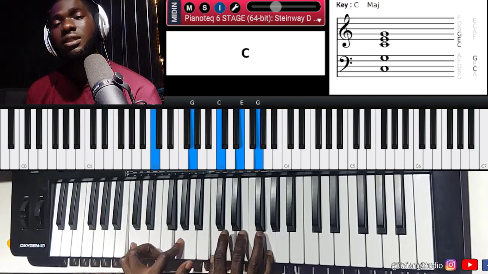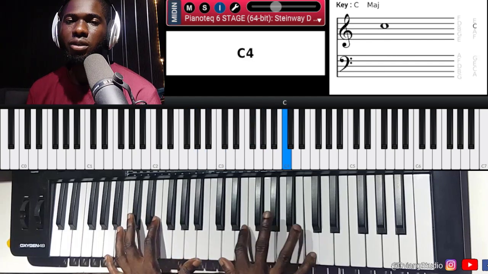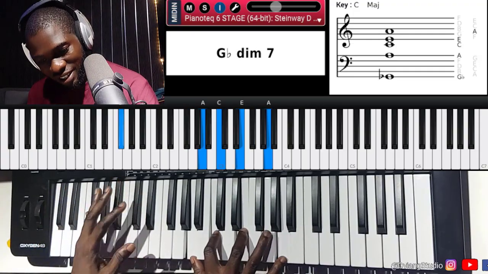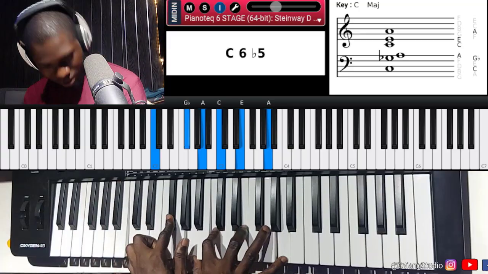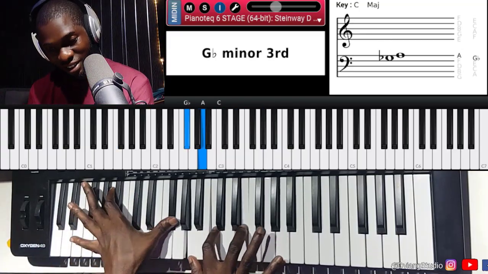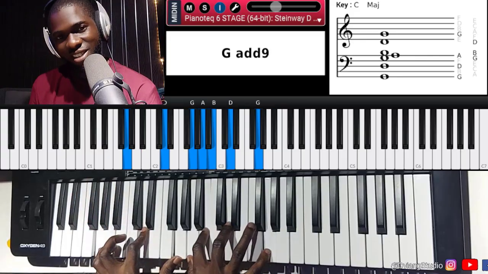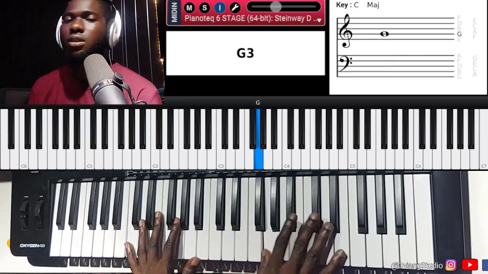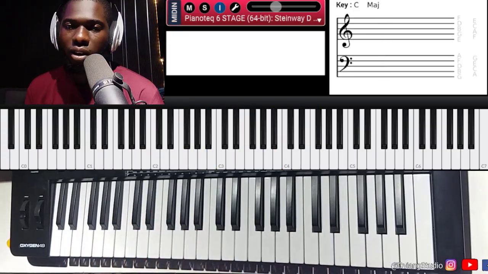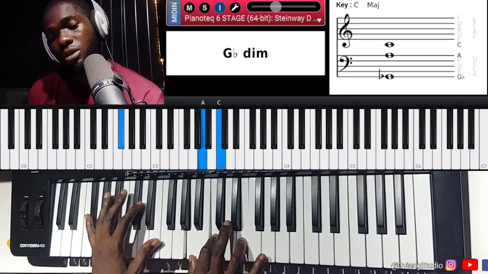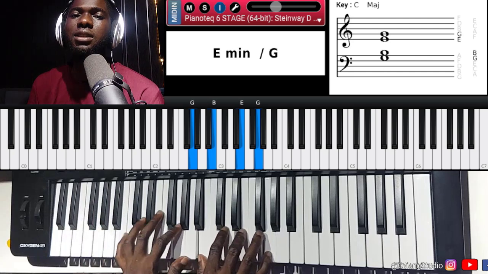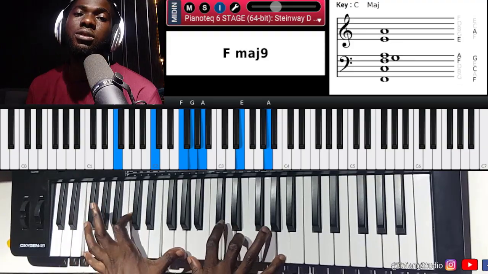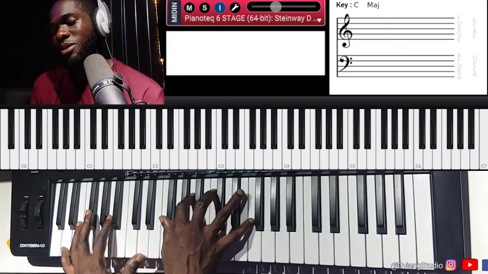So as the deer pants for the waters, oh my soul, I'm using it here. Yes, I just use it in place of my 4, but I'm not putting the bass. Even if I add it, okay, so as the deer pants for the waters, oh my soul,